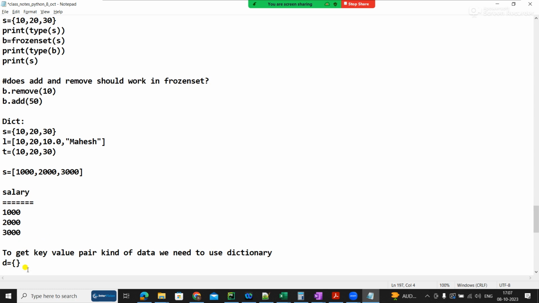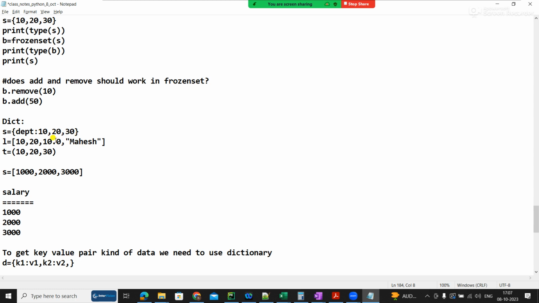But an empty one is never called a set, it is a dictionary, because in most cases everyone loves to use a dictionary, because it does not have one value, it will have key and value. Key and value is very important for a data engineer. I have not worked on web development, I can't speak about that, but for a data engineer it's very important, because we will have a proper meaning. Only if I give 10, 20, 30, no one will understand. If I add this data with department numbers, department number 10, department number 20, then the meaning has some value.